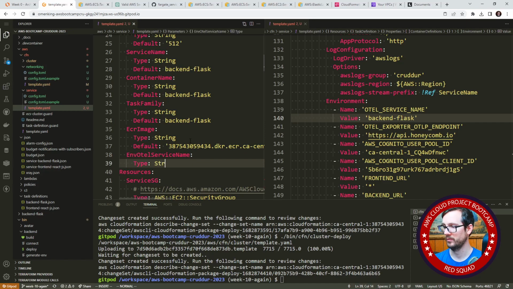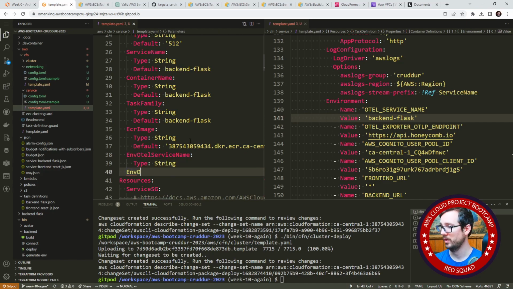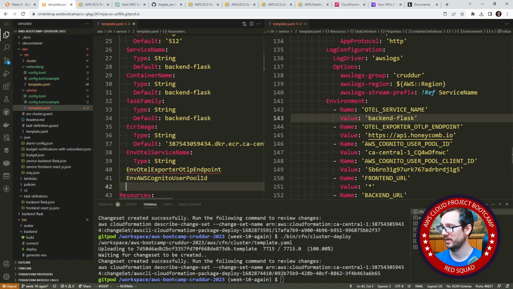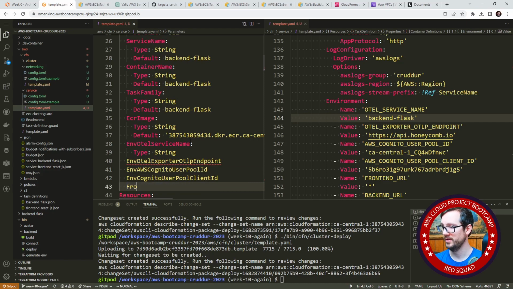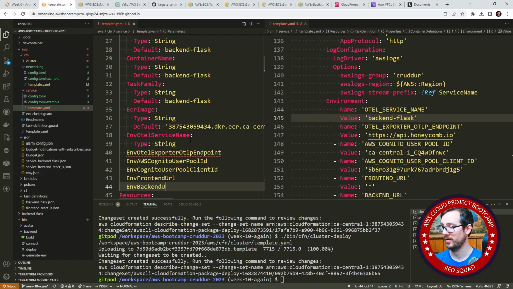type string, env hotel exporter OTLP endpoint, env AWS Cognito user pool ID, env Cognito user pool client ID, front end env front end URL, env backend URL,